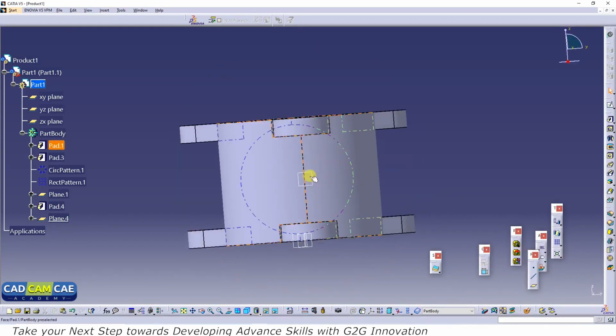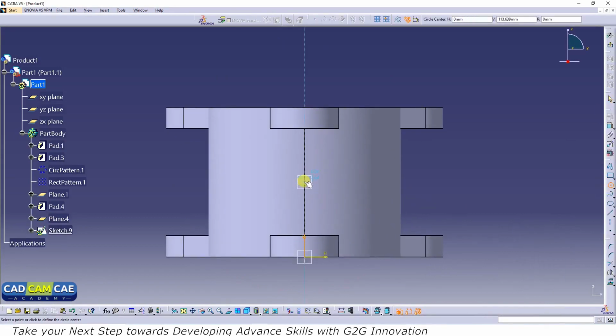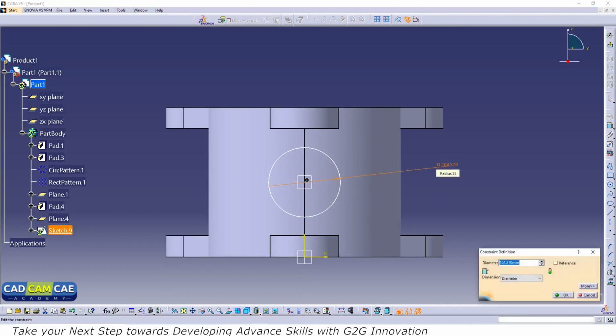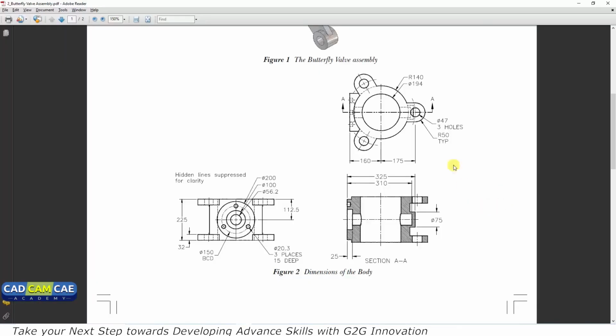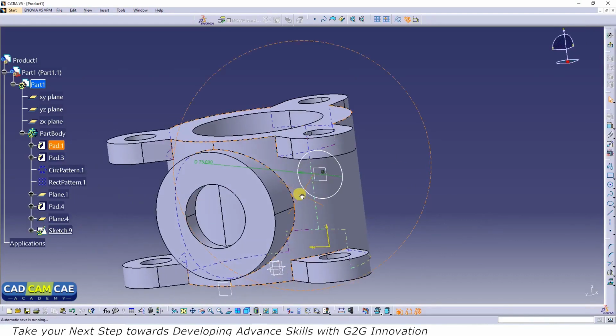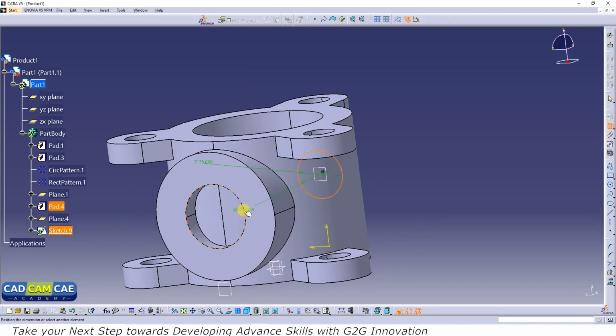And let's select this plane, click on sketch and create a circle. Give the dimension to this circle and we want it to be 75 mm in diameter. As we can see here, it is mentioned as 75 mm, and we want this circle to be concentric to any of the circle. So click on constraint, select the circle and you can select this circle, right click and click on concentricity. Okay,